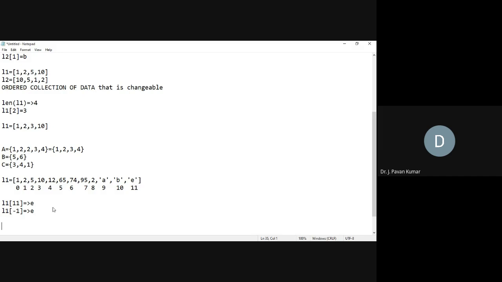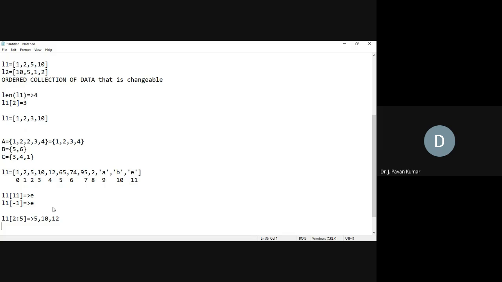Similar to that, for a list, list of 2 to 5, what will be the output in this example? 5, 10, 12. It starts from index 2, that is 5, then 10, 12. So index values 2, 3, 4 will be printed.